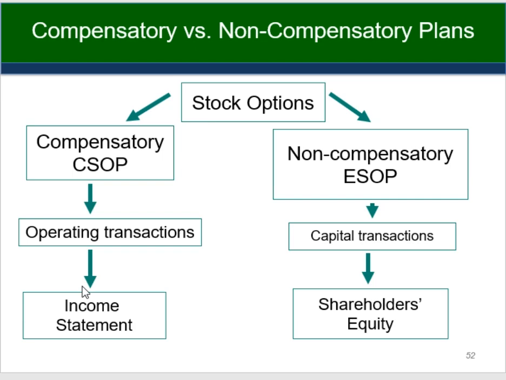So if the stock options under a CSOP are not exercised before their expiration date, the balance in the contributed surplus account related to them would remain. There would be no adjustment. Basically it just stays there and belongs to the existing shareholders.